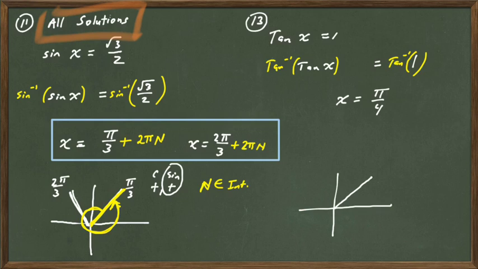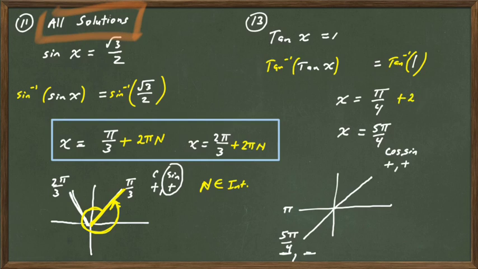Sine and cosine have the same value. Tangent is positive here because the cosine and sine have the same sign. Where else is the tangent positive? Down in this quadrant, which is bigger than pi. How much bigger? 1/4. 1/4 bigger than 4/4 would make it 5/4. Again, they want all the solutions, so you have to put plus the period for tangent,